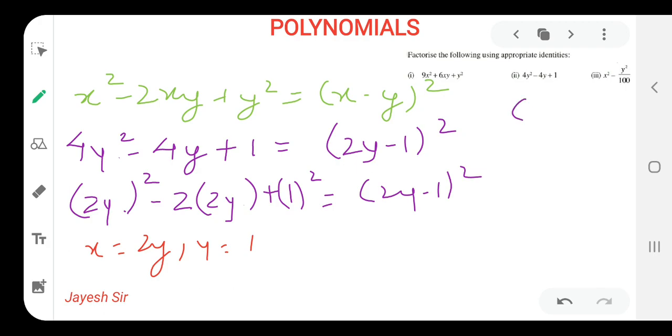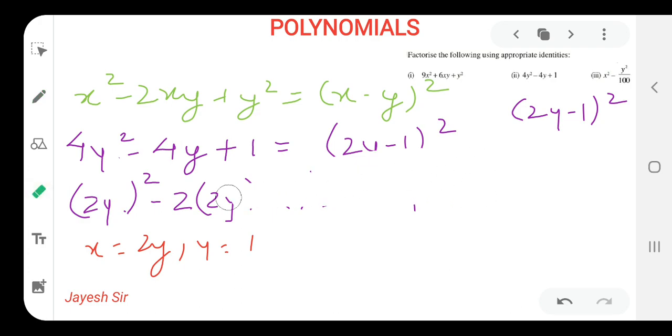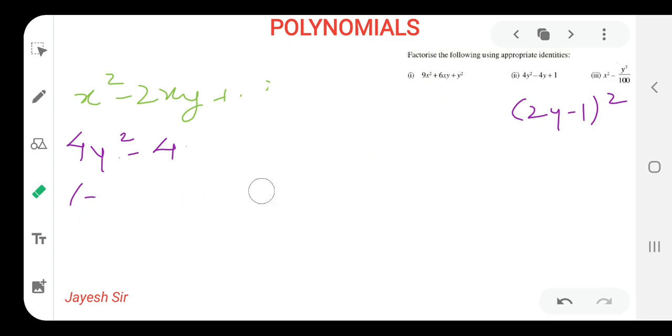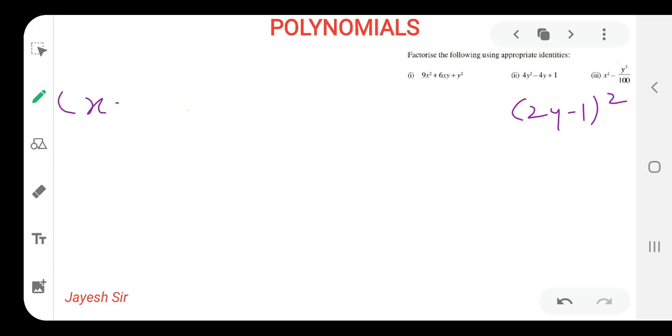So let's write the answer over here and check whether we have found the answer correct or not. That is a very easy process, but it is a little bit different from the previous one. Earlier LHS was given to us, but in this, RHS is given, and we need to find LHS. So what was our equation? x minus y the whole square is equal to x square minus 2xy plus y square. This was the equation.